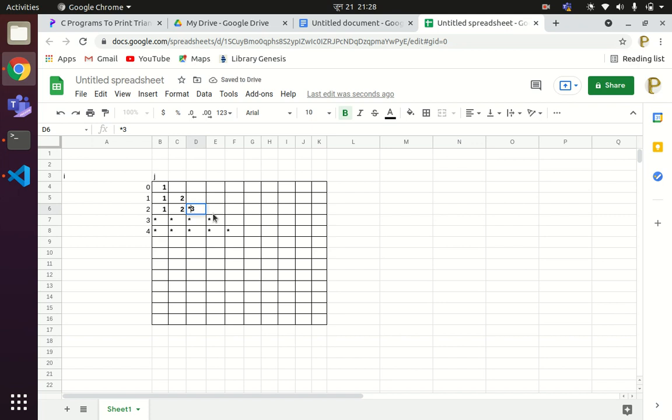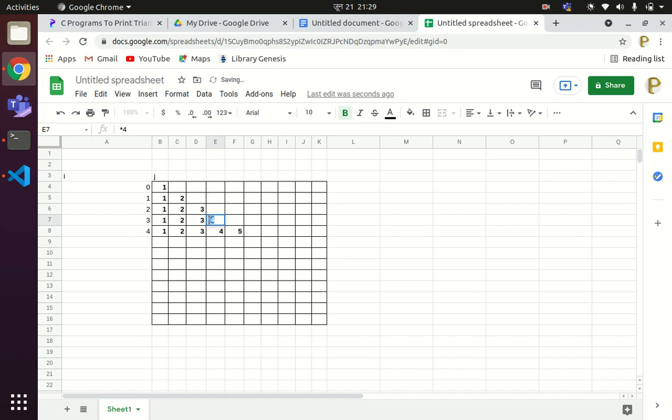If the row number is 4, then print up to 4: 1 2 3 4. If the row number is 5, your inner loop should run how many times? 5 times. A similar concept: 1 2 3 4 5.